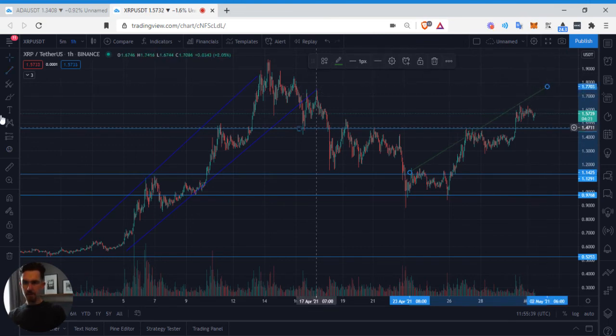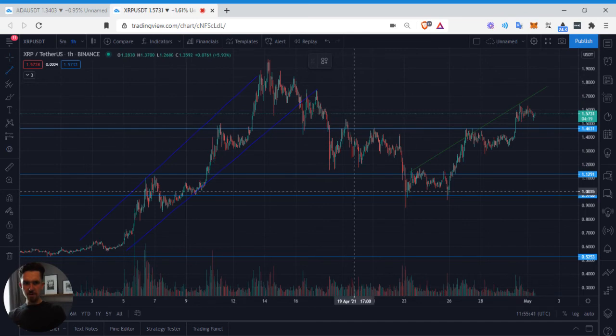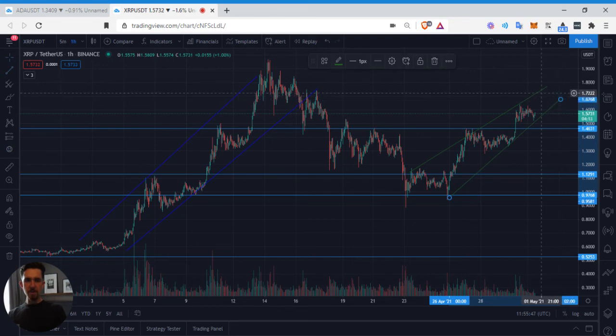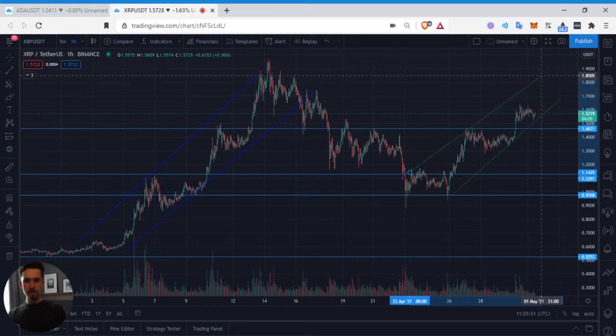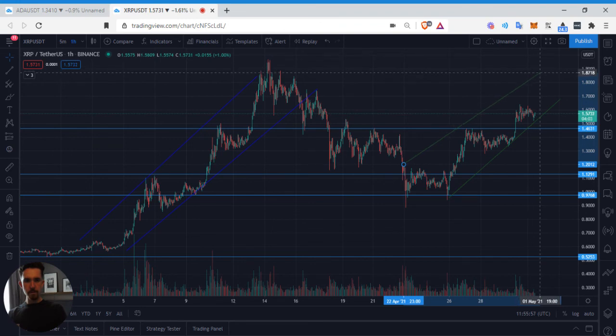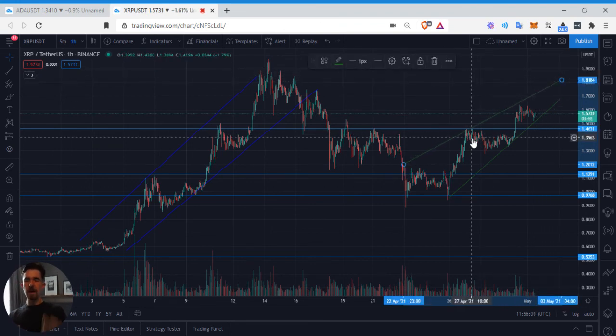Let's see here. I'll just show you this little pattern that it's in now, this rising wedge. It's been consolidating down. So again, you're seeing higher lows, higher highs like this, and you could pull it like this. This is how I would do it. Somewhere like this. In that area, okay? You see what I'm saying? It was consolidating towards the upside. It was in this kind of dump pattern here.